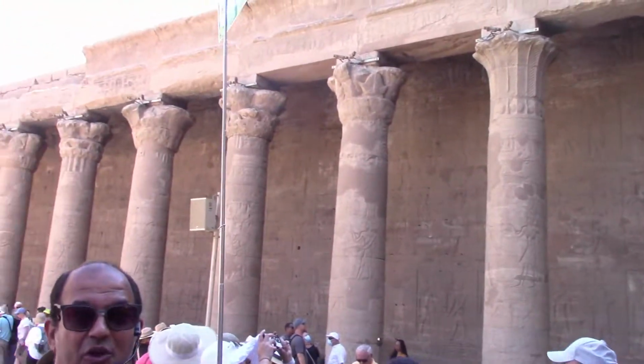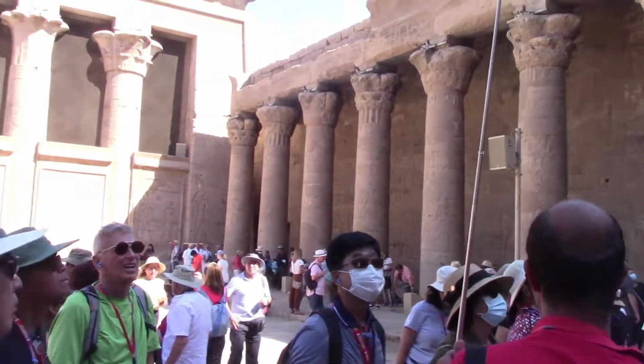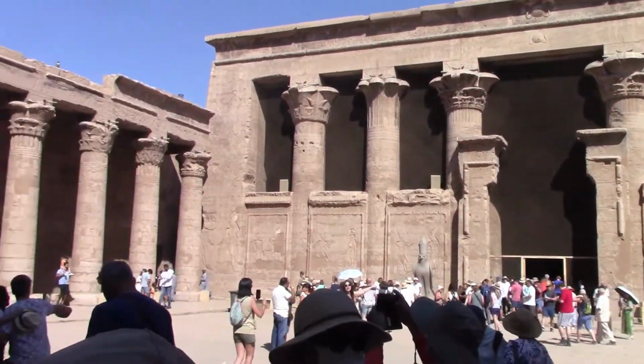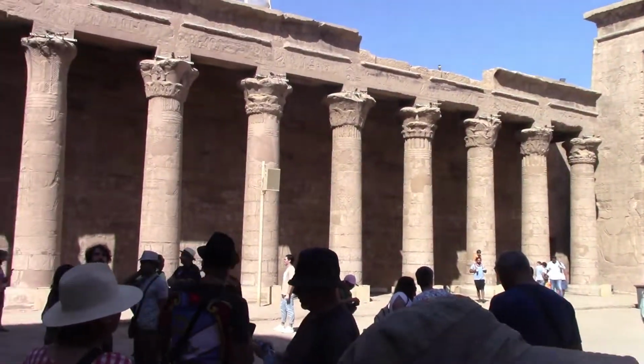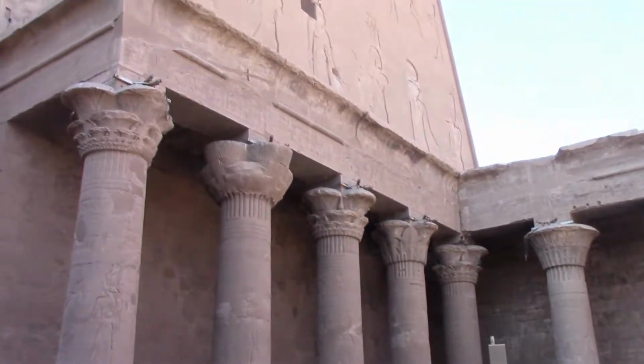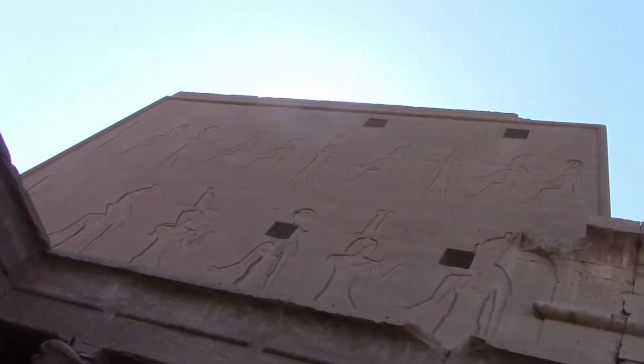The capitals, Corinthian capitals, have multiple flowers mixed together. Ancient Egyptians only had papyrus and lotus, open or closed, and that's it. Egyptians also in ancient times used what we call a curtain wall, which is linking the columns together to give you a